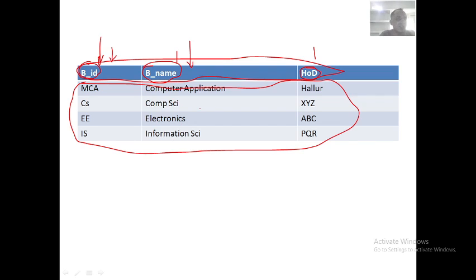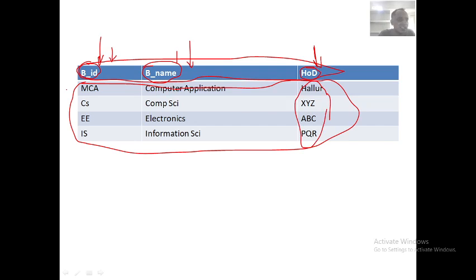This is called a vertical section. If you take the HOD column, you will get all the heads of the departments: Hallur, XYZ, ABC, PQR. Got it?